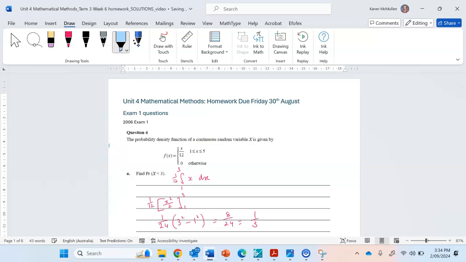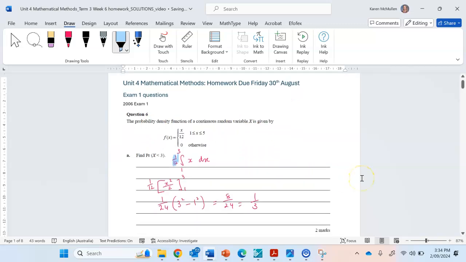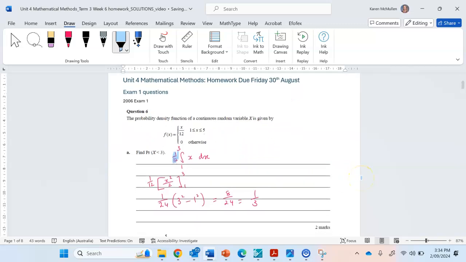So just bringing out 1 over 12 as a factor, and then I've also taken out this half, and that's where the 1 over 24 has come from. Now you don't need to do that. You can still leave that 2 in. You can still leave a half in, and you can still leave the 1/12 in. You will still get the same answer, but because we're dealing with fractions, it's probably a bit easier to